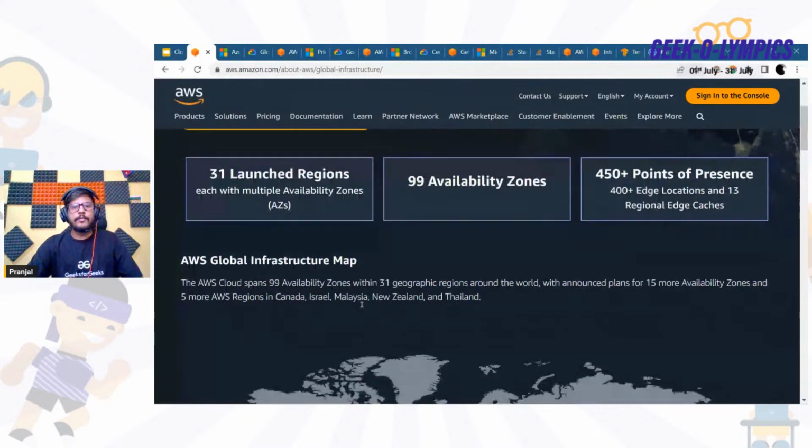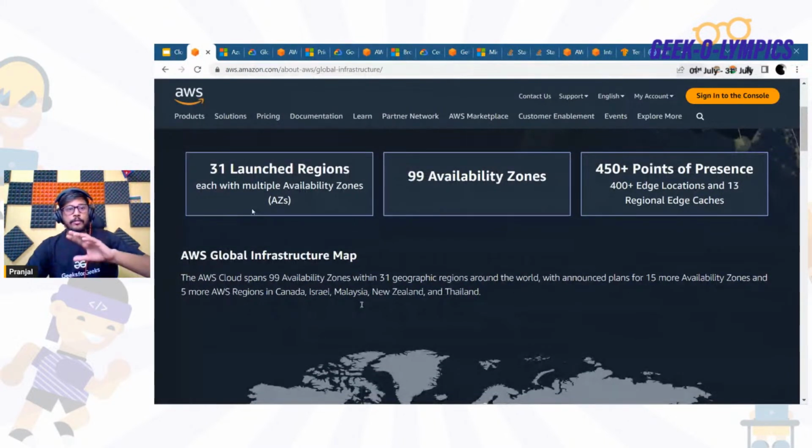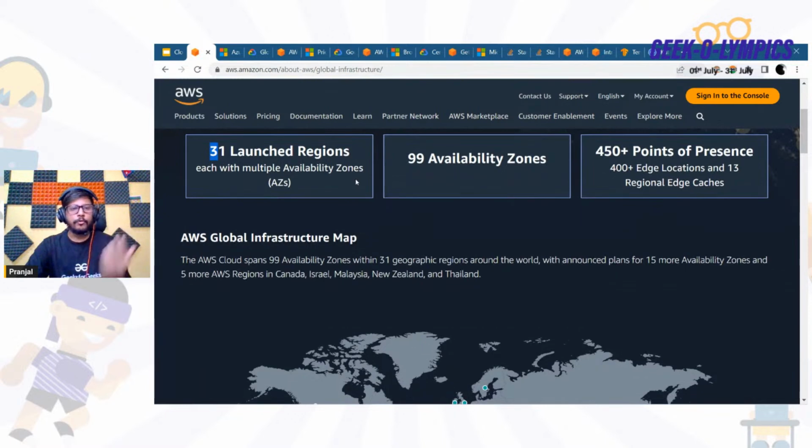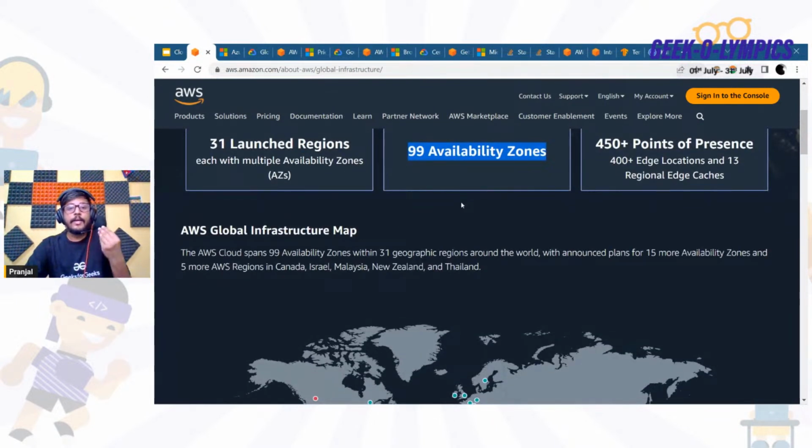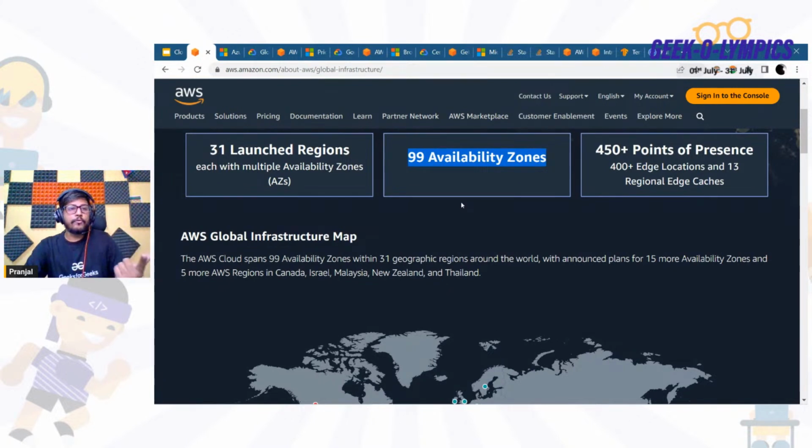Yeah, so here in this AWS official website you can find there are a total of 31 launched regions, each with multiple availability zones, and in total they have 99 availability zones. Inside each availability zone we're going to have clusters of data centers.